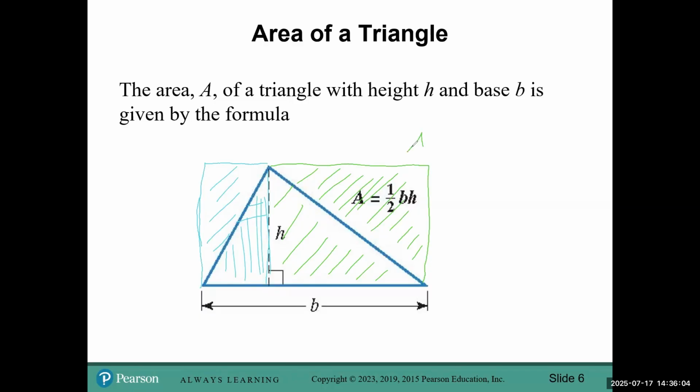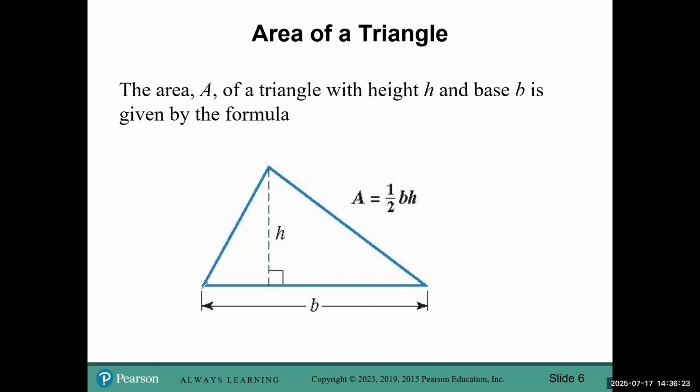So that gives us the area of a triangle is 1/2 base times height, or half of the rectangle I would get if I use the given base and height. And when we're finding the area of a triangle, we can always find it multiple ways. So here we used this base and this height. But if for some reason I didn't know this particular height or base, but maybe I know what the length of this side is,